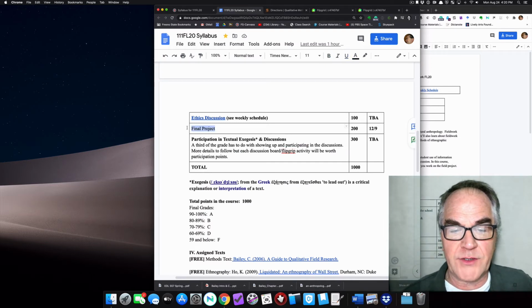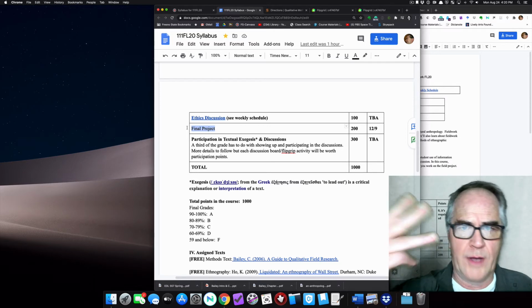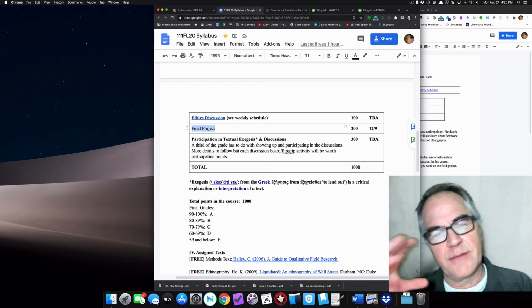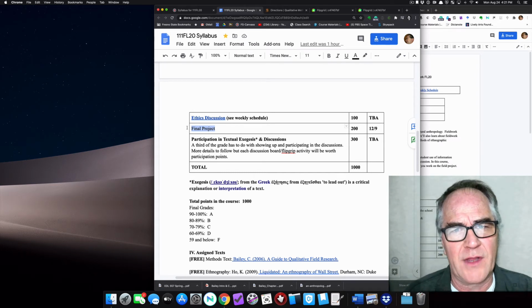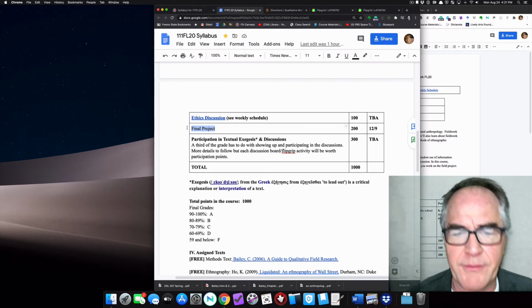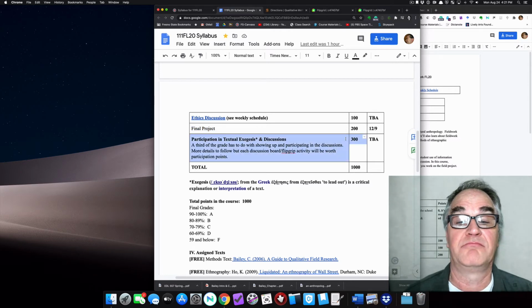Then there's a final project, and I'm holding off on what the final project looks like too. Normally it was a write-up of your mini activities, map a block, interview, observation, all that. All of that's going to be shifted around, and I still have to talk with Hank to see what he's going to do with you guys in the spring so that I can align this more appropriately for him.